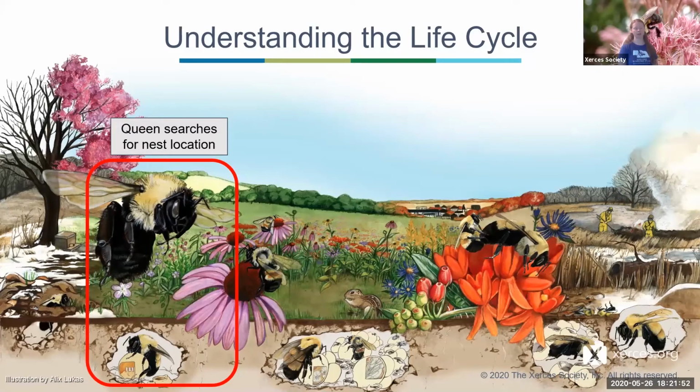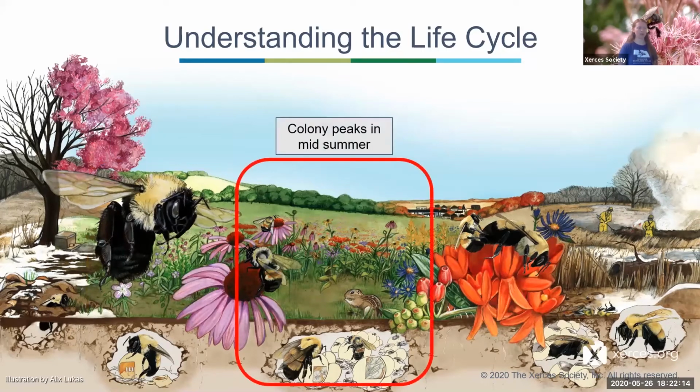And once she finds somewhere to nest, she's going to collect some nectar and pollen and construct a couple of waxen pots. And then she's going to lay some eggs inside of these pots. And within a few weeks, those eggs are going to go into a larva, a pupa, and then emerge as adult bees. So during the summer, when there's more adult bees out, the queen doesn't have to leave the nest